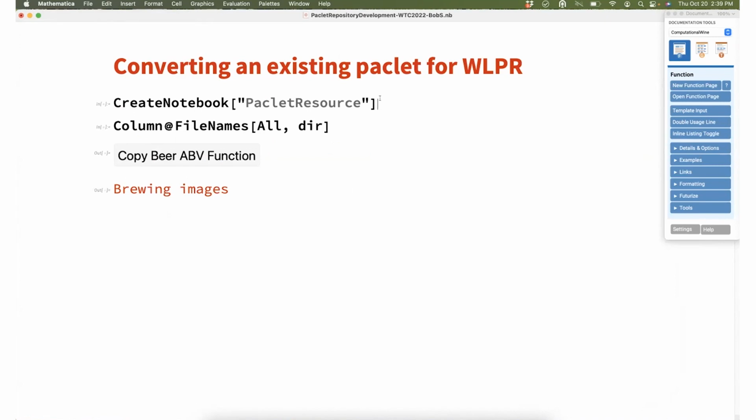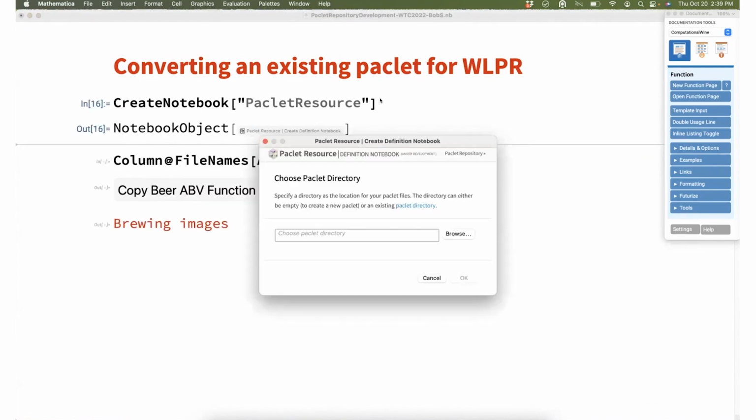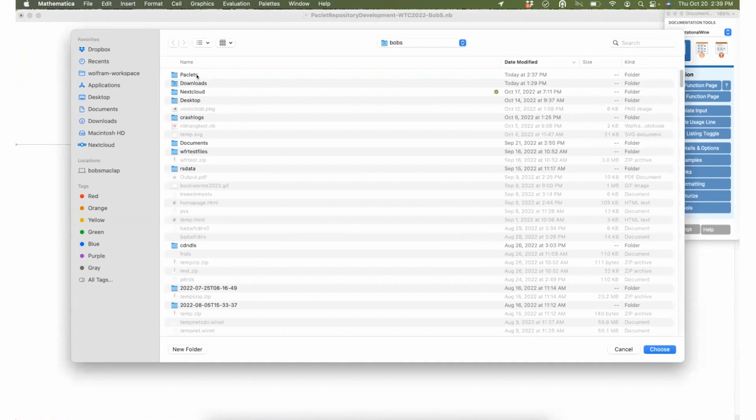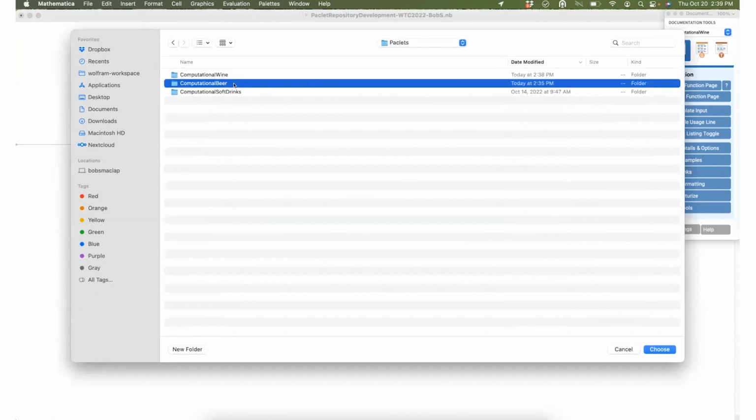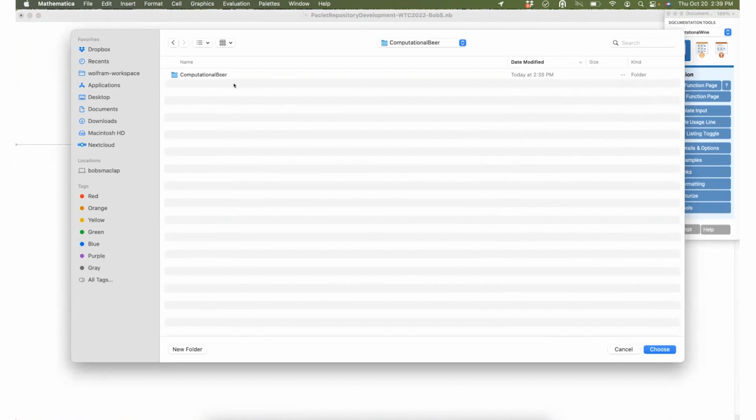Well, we've tried to make it as convenient as possible. So just do that, create notebook of Paclet resource again. You're going to get this, choose where it is, but then instead of creating a new directory, let you choose one that's already created. So if you remember, when I was doing it programmatically with Paclet tools, I made this computational beer one. So that is an existing Paclet that was made just, you know, normally, doesn't have any publisher